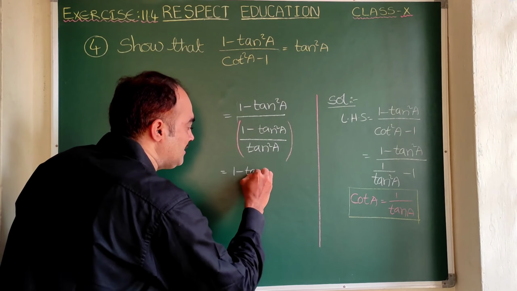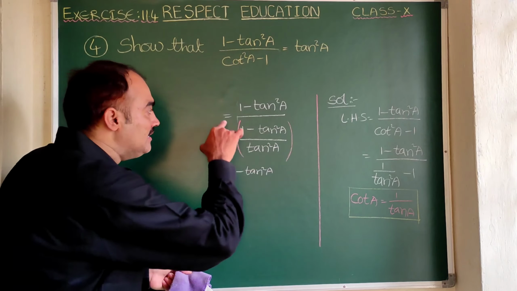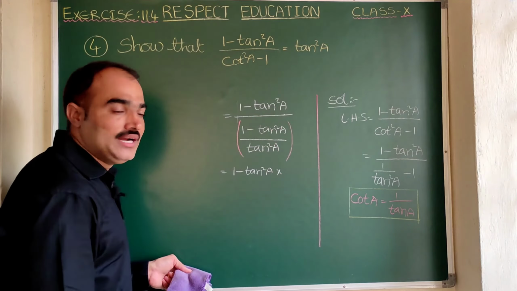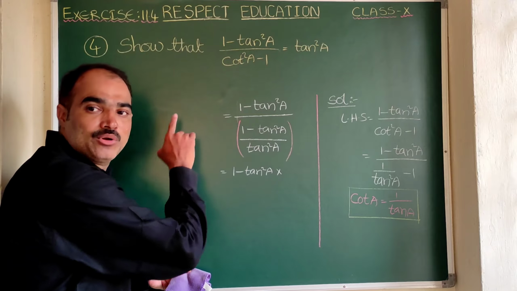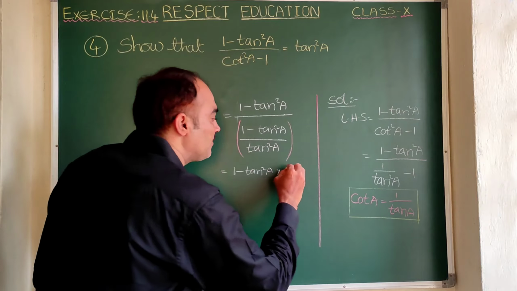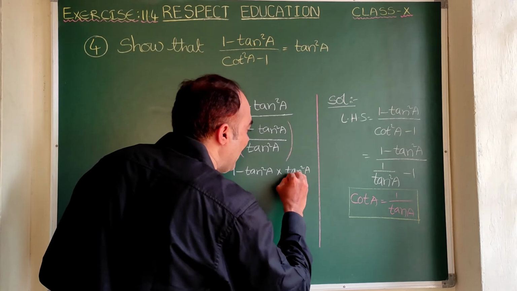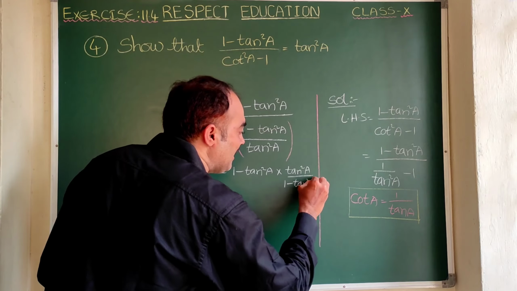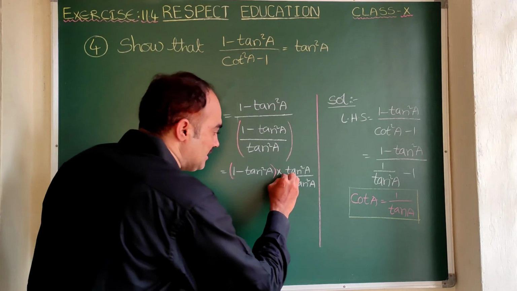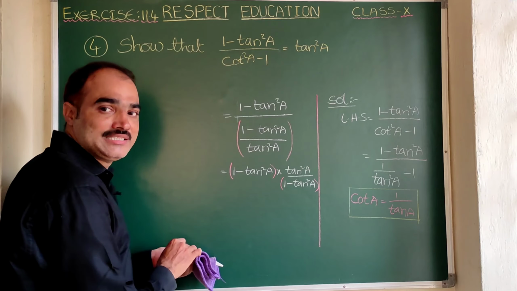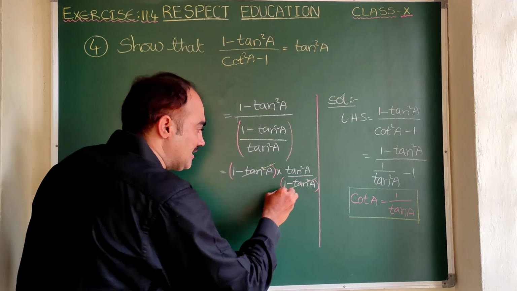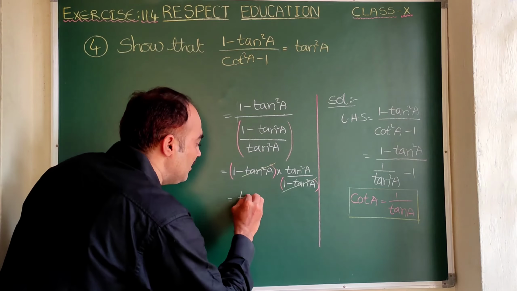Write the numerator as it is, and I am changing this divided by into multiplication. When you write into, we should take its reciprocal. So tell me, 1 by tan square A by tan square A becomes, reversed now, tan square A by 1 minus tan square A. Here you observe, this is also 1 minus tan square A, and this is also 1 minus tan square A. What can be cancelled? 1 minus tan square A and 1 minus tan square A, these two get cancelled. Now what is left as our value? Tan square A.